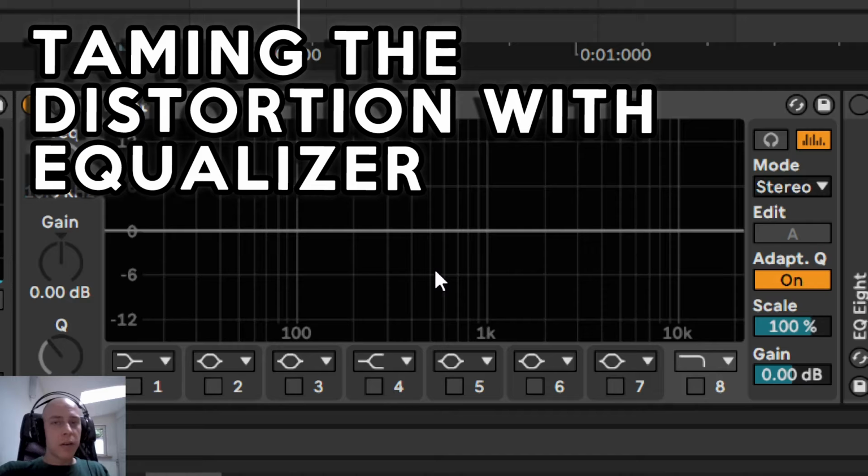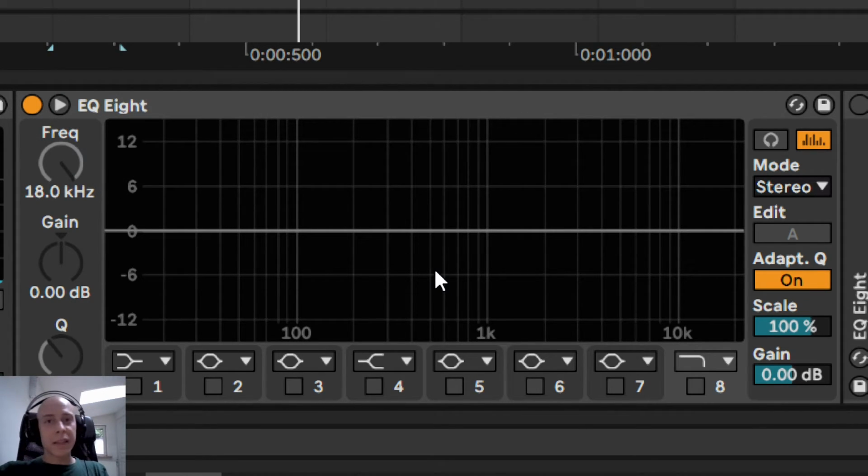It's time for, again, some equalization, but now we will do this in a different way. Instead of equalizing in solo, which is generally wrong, we will add the kick drum and equalize this shaker in the context of the kick drum, because after all, what matters most is what all the instruments in your track sound like when they are played together.